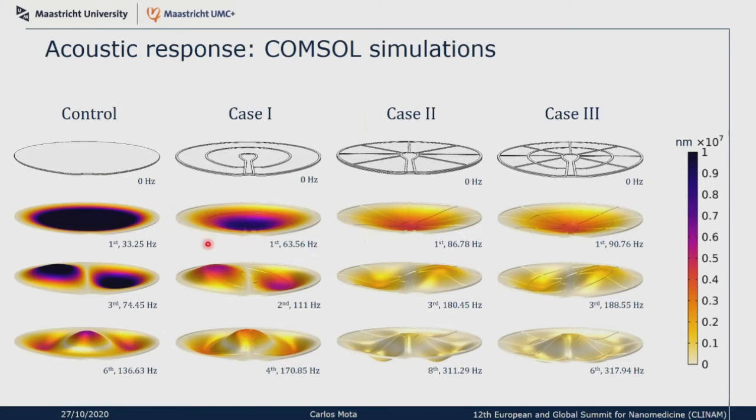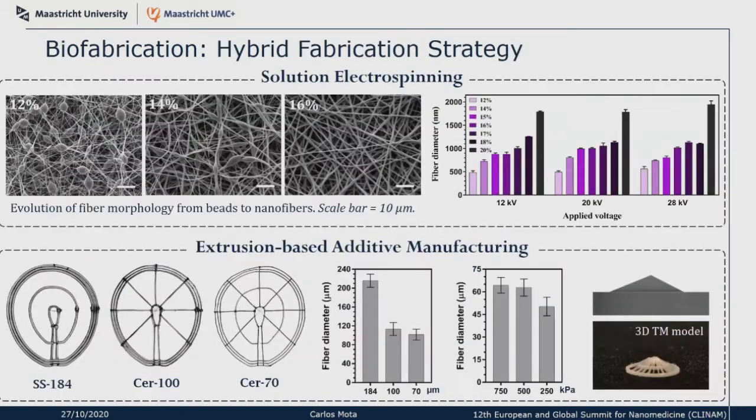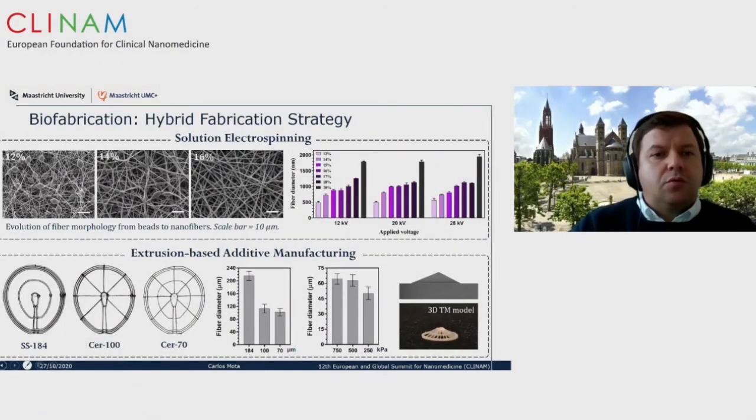What we can see here is that, according to the different reinforcements of the microfilaments, we have a first resonance frequency, which is one of the benchmarks to understand the quality of the implant. We look at the first resonance frequency, and as we reinforce the structure, we have a higher resonance frequency for the implants.